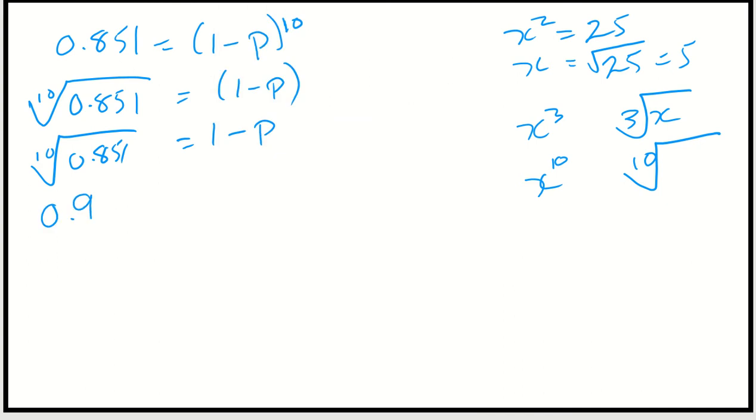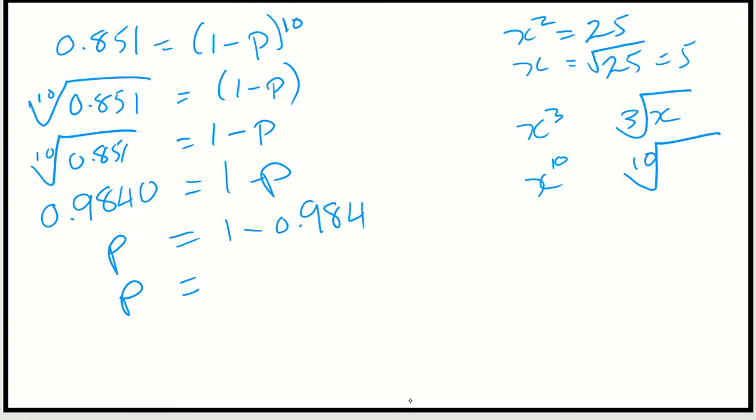So 0.9840 is equal to 1 minus p. Now I want to get p by itself. So I'm going to rearrange this equation, and that will give me p equals 1 minus 0.984, which is equal to